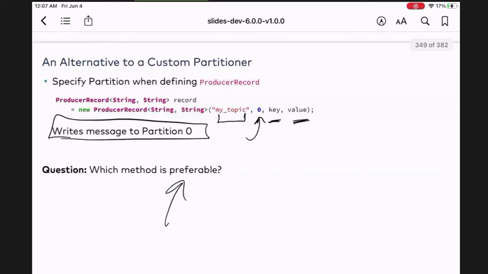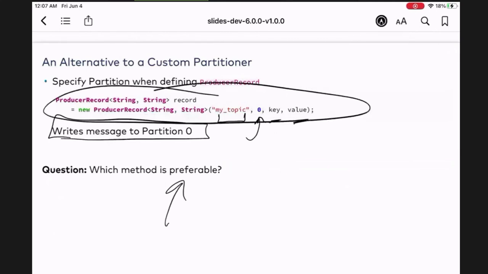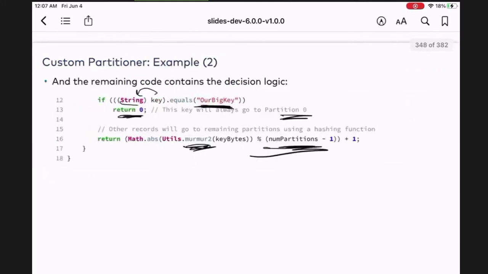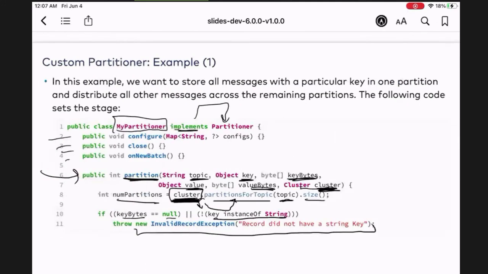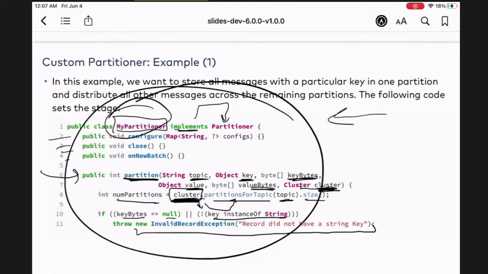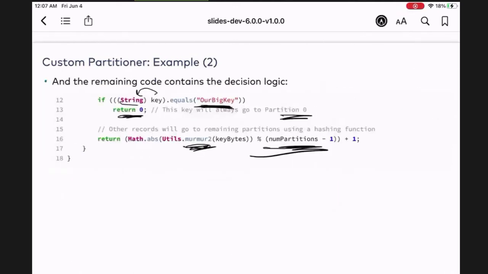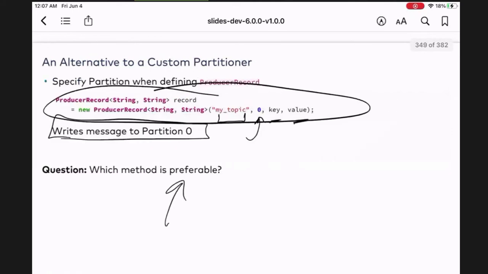And then which one do you prefer? Well, this is perfectly fine, but I prefer the class, because if you create a class, then you can just tell all your developers, hey, when you're processing, use this partitioner. Then it's much easier for people to use it instead of hard coding it, because this can lead to a lot of inconsistency in your environment, right? If you allow your developers to do this kind of stuff, you most likely have a really unbalanced cluster. People will be writing everywhere. So be careful with that.